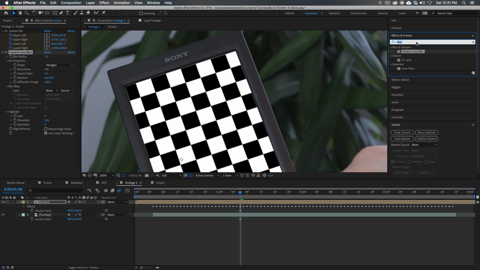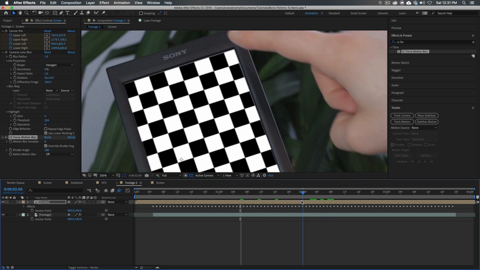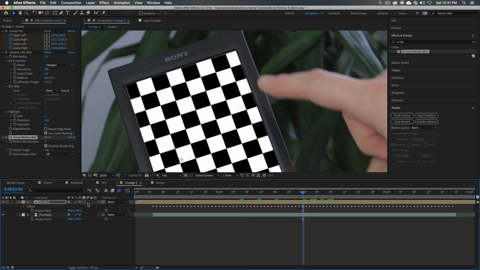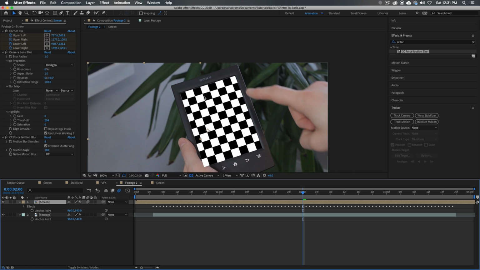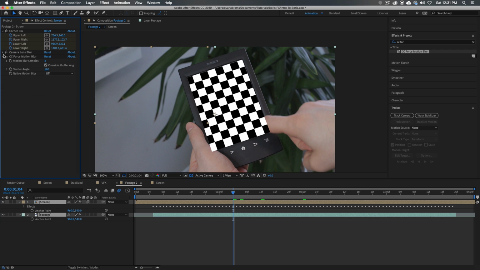You might have to use the old force motion blur on here, which will give us a little bit of that motion blurring as it's getting shaken around. If you were to turn motion blur on for the layer, it won't really do much because we're not doing anything with the specific position, scale, and rotation. All of its motion is being derived from corner pin data, which isn't really going to blur it out too much. So you might need to get a little blurry to make those things happen, but that's for any kind